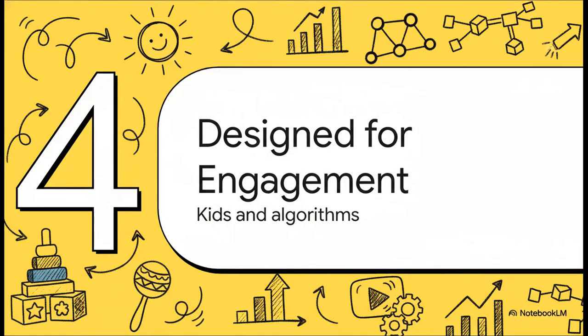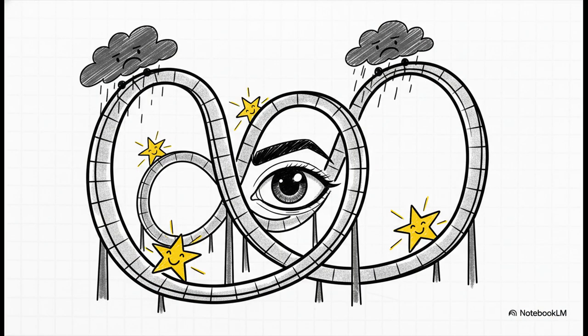But wait, it's not just about child psychology. There's another layer here. This content is brilliantly engineered for two audiences at the same time. The toddler who's watching, of course, but also the YouTube algorithm that's deciding what they get to see next. Think about it. The video never ever lets you get bored. There are no quiet moments, no slow scenes for you to look away. The very second one problem is solved, a new one pops up. It's this nonstop emotional roller coaster, and it's perfectly optimized to do one thing: keep eyes on the screen. And that, as we all know, is the single most important metric for success on YouTube.